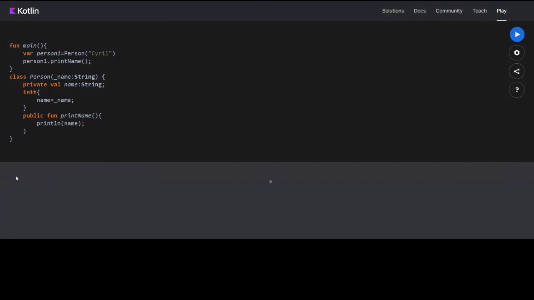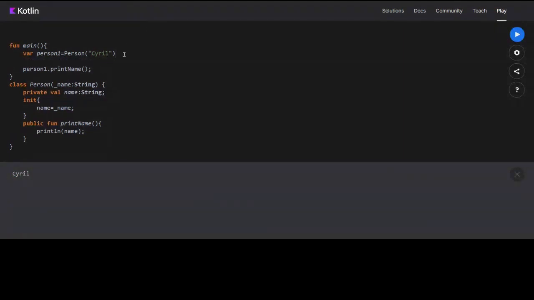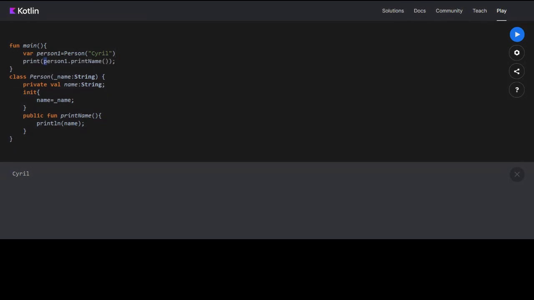So unit is like void, void in C++. Whenever you are calling a print statement itself, it will give unit, because there is no data type. Unit was printed because I was printing person one print name inside print.